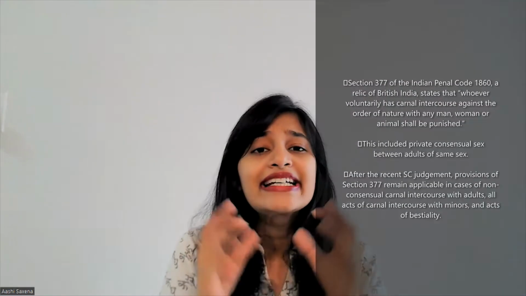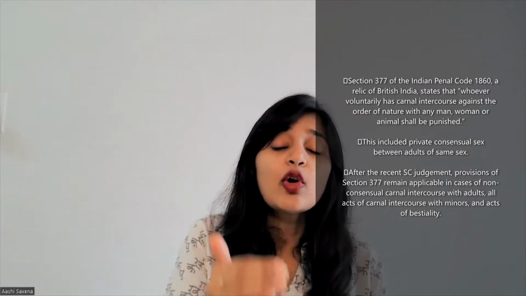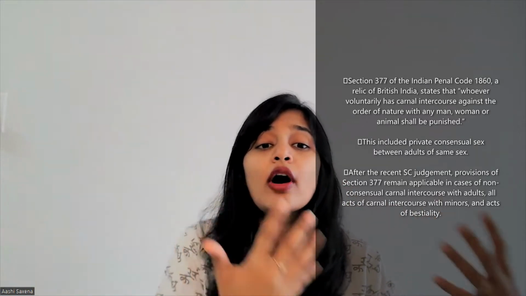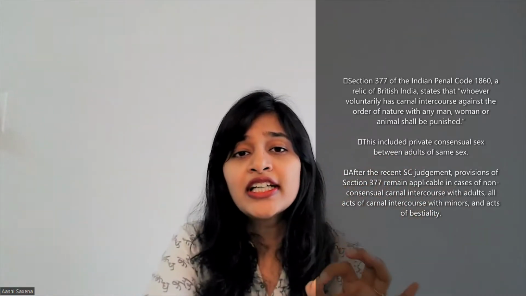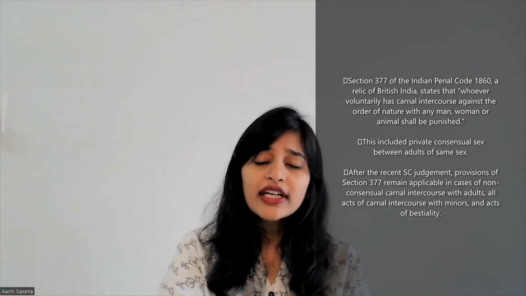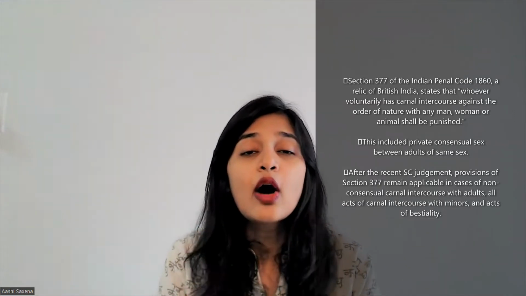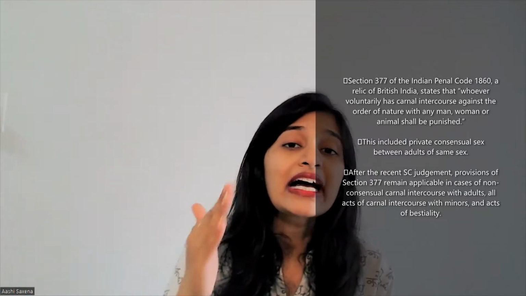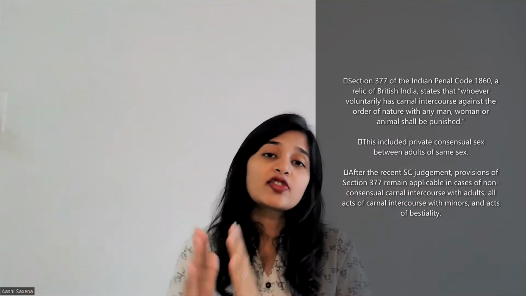Now, Section 377, which is a relic of British India, states that whoever voluntarily has carnal intercourse against the order of nature with any man, woman or animal shall be punished. And this included private consensual sex between adults of the same sex. So this was initially what Section 377 was. But in 2018, after the Supreme Court judgment came, the provisions of Section 377 are now applicable in cases of non-consensual carnal intercourse with adults, all acts of carnal intercourse with minors and acts of bestiality. So now it doesn't include sex between